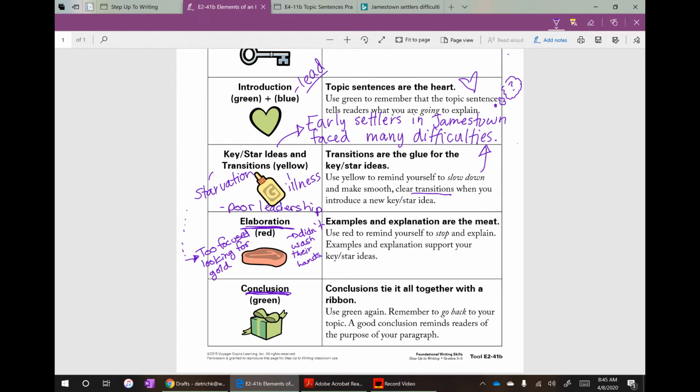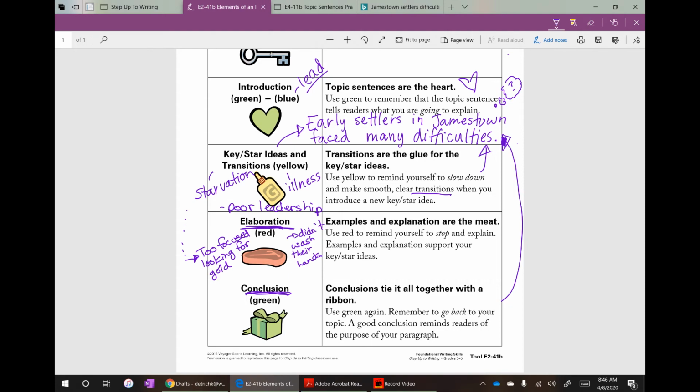A lot of times a good conclusion is going to go back and link it back to your introduction. Any link that you have to your introduction and your conclusion is a strong link. However, you kind of want to take it to the next step and try to use different words. So in my introduction, I said, early settlers in Jamestown faced many difficulties. So as my conclusion, I could say things like, it was really difficult for early settlers in Jamestown because they